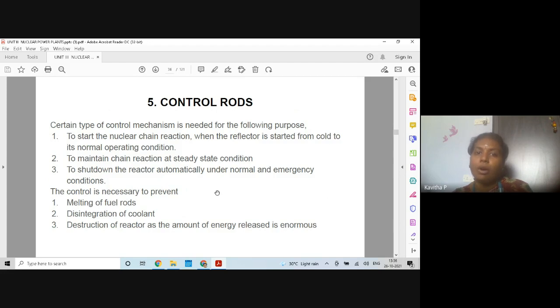So in order to avoid those mishaps, we make use of control rods, whose main purpose is to absorb the free neutrons to control the chain reaction. The control rods are the structures which are pushed inside the reactors mainly to absorb the free neutrons. So in a chain reaction, when 3 neutrons are generated, depending upon the requirement of heat energy, the number of fission processes will take place. So we can control the fission process by use of control rods, which will absorb the free neutrons.